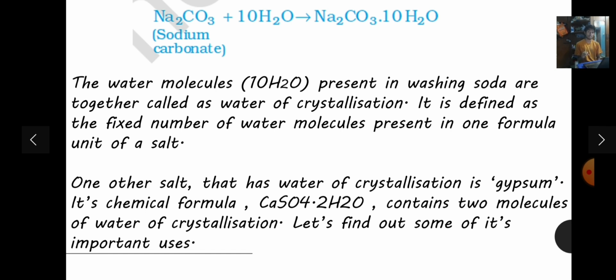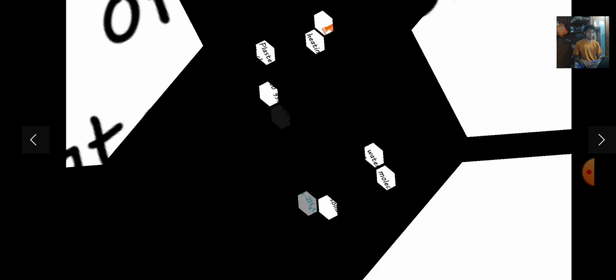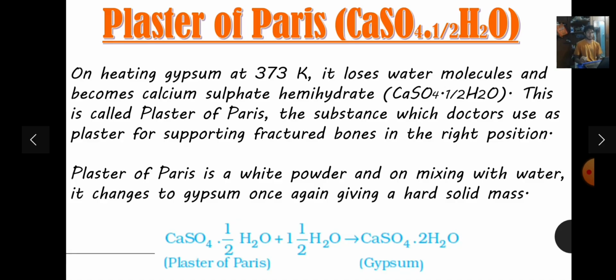Now, this gypsum is also used extensively for what? Let's find out. Plaster of Paris. You have heard this name. You are very familiar with this word, right? You might have used this in your art and craft if you are interested in art and craft. How is this plaster of Paris formed now? You just saw what is gypsum,